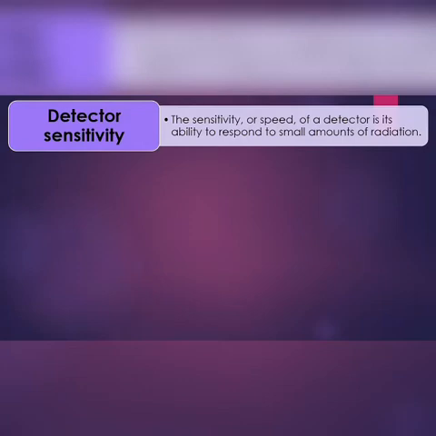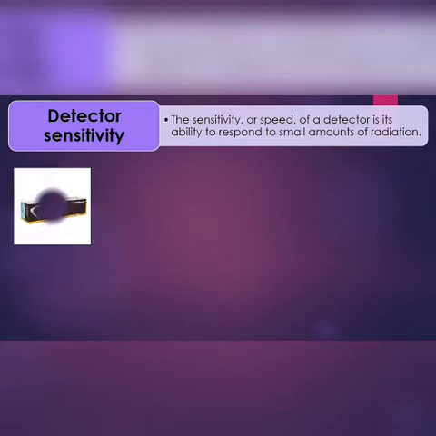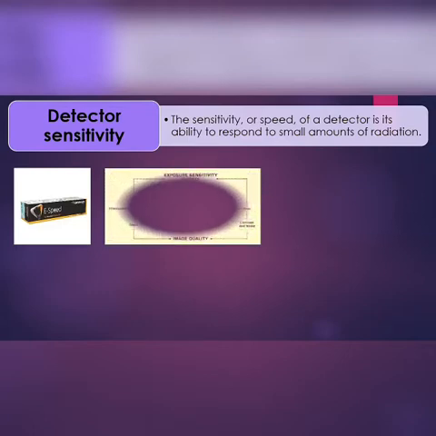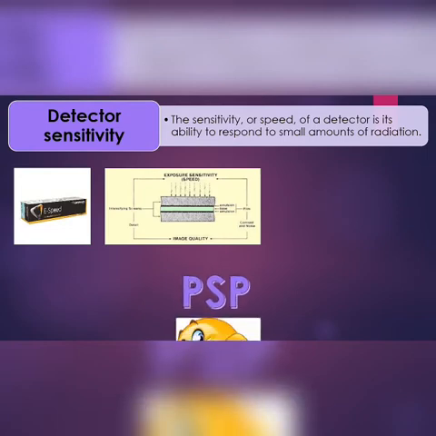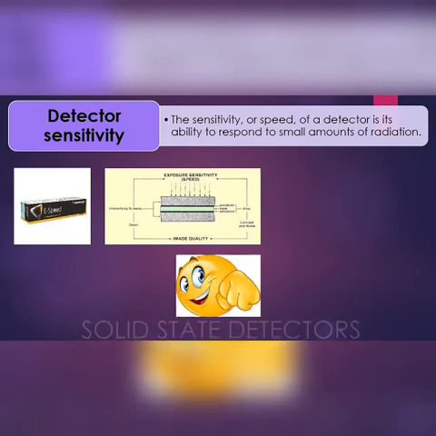Detector sensitivity or speed of the sensor is the ability of it to respond to even the smallest amount of radiation. I hope you all know what is the speed of a film, right? The speed of a film means the amount of exposure that is required to produce a final radiographic image. So we all know, the F-speed film requires only a lesser amount of exposure, so it is very safe for the patient according to the ALARA principle. Similarly, when it comes to the digital radiographic systems, the solid state detectors, that is the CCD and the CMOS, require very low exposure when compared to a PSP system or an X-ray film.